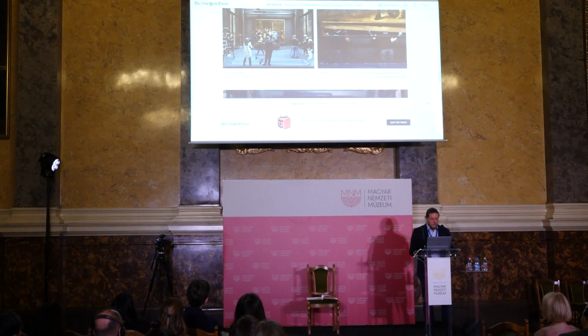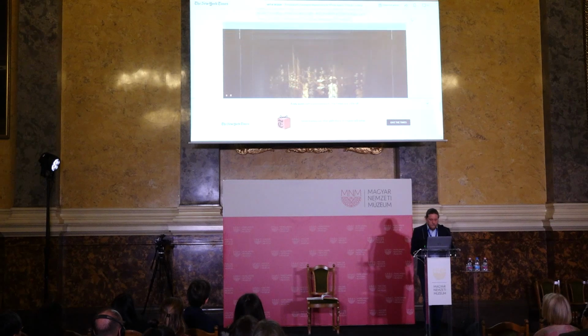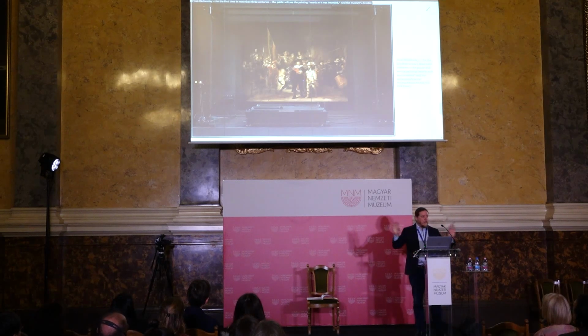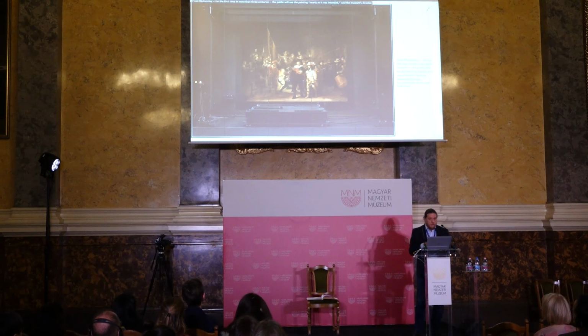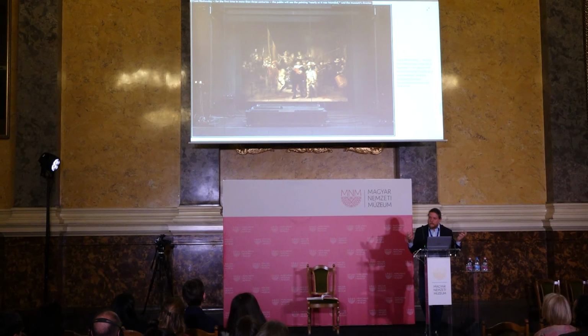So here is the assembly as the pieces are moving around, and then ultimately, for 4 months, the missing pieces were actually there, not ever touching the night watch, only 2 millimeters ahead, so that now in the between time between the research phase and the conservation phase, the public could come and see what it might have looked like if the night watch were not cut down. And to finish,